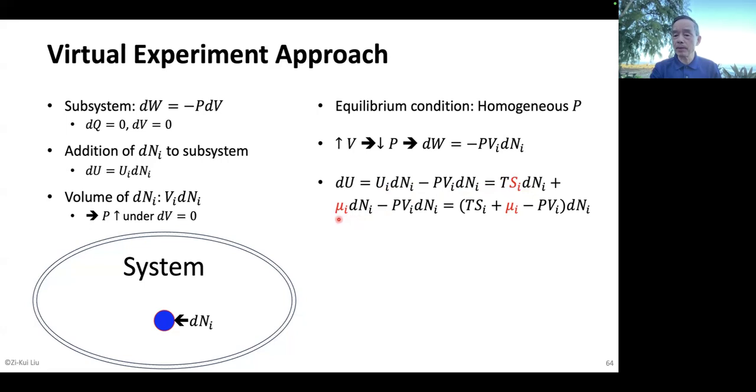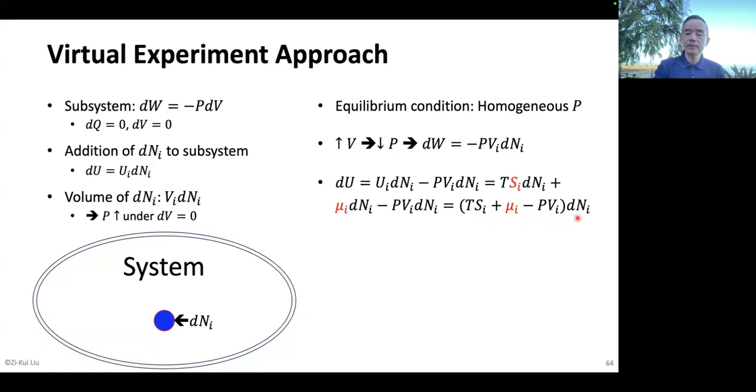Now we have mu, the chemical potential of the component i, equal to u_i minus T S_i. Then we have the work the subsystem does to its surroundings, which is the rest of the system. So it's minus the P V_i dN_i. So we move the dN_i out and combine, and now the equation becomes T S_i plus mu_i minus P V_i. So the partial entropy, the chemical potential, which is defined as u_i minus T S_i, and the partial volume of the component